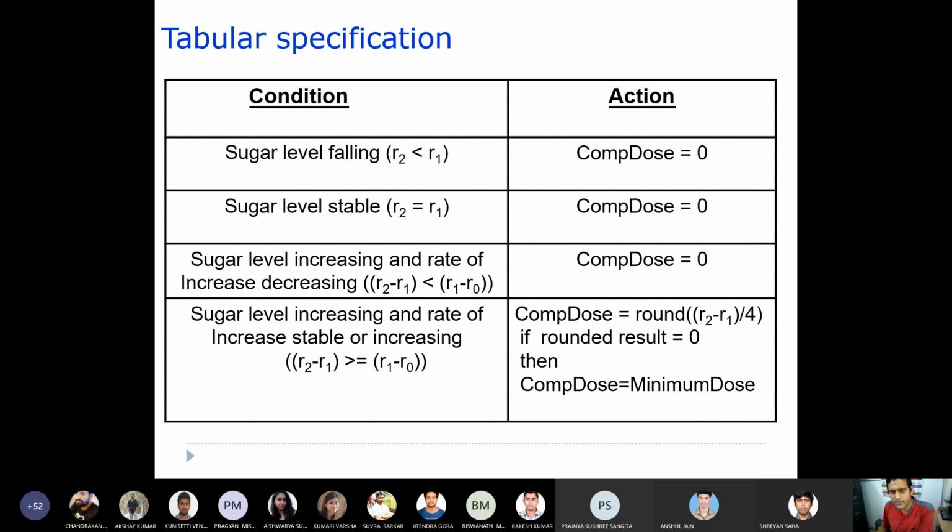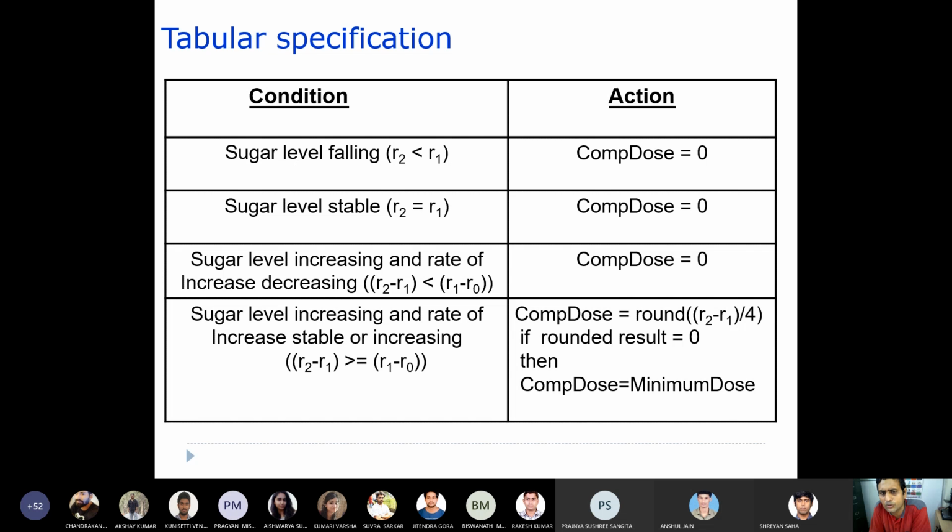Let's say one example here can be the insulin pump example. If the sugar level is decreasing, in that case you need to give zero amount of insulin, because the sugar level is decreasing.